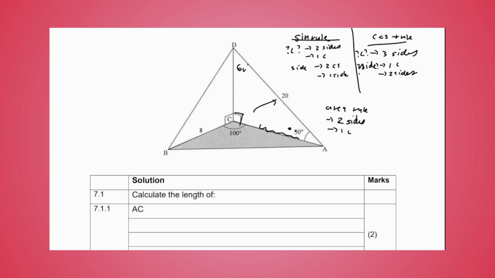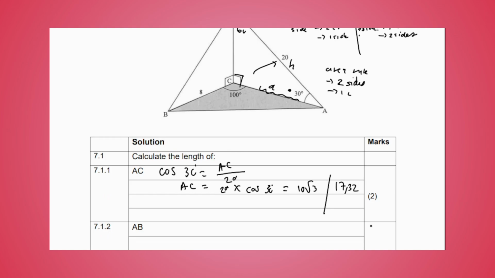You were given the 30. It's this side, which is hypotenuse, and this side, which is adjacent. So obviously you can use cos also. It doesn't really matter which one you go for. If you go for normal cos 30 gives you adjacent, which is AC, what we're looking for, over 20. Therefore, AC is going to be 20 times cos 30. And then you put that in your calculator to get either 10 square root 3, or you could have also said